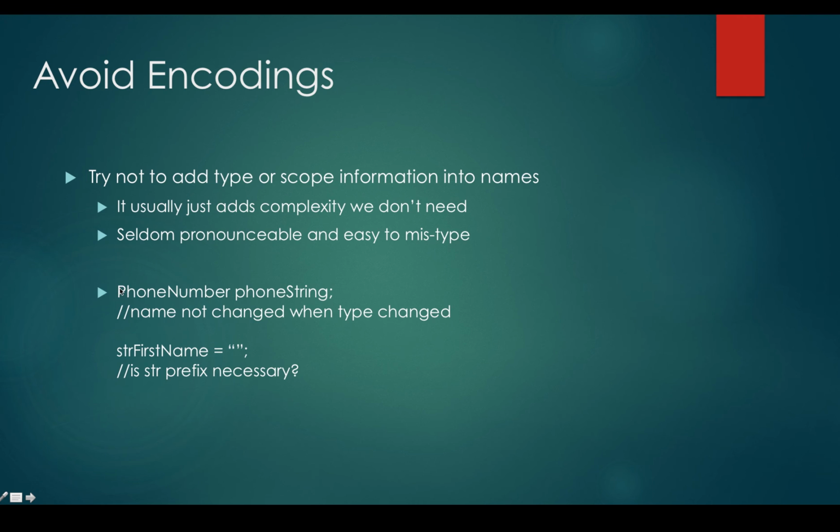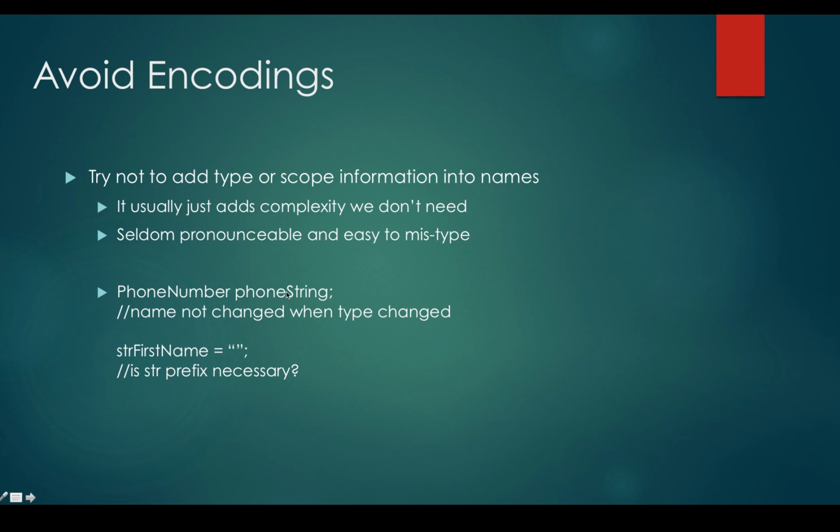Look at this example. Okay, phone number. So we've got a type of phone number and a variable of phone string. What happened here? Well, at some point in time, we'll have to assume that maybe this was a string, and now it's a phone number. Different object, different type. Did the variable get changed? No. And so now it is,